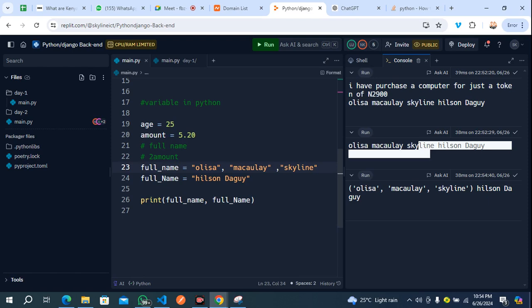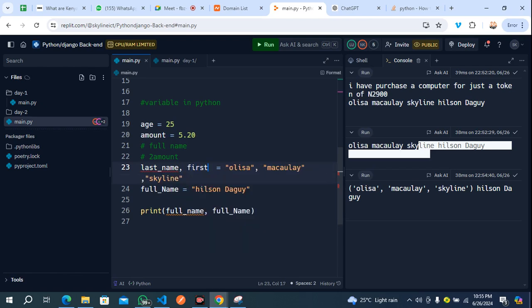Now, if I come here and say this is first_name, or last_name, let's start with last name because my surname is there. Last name, then first name, then other name.